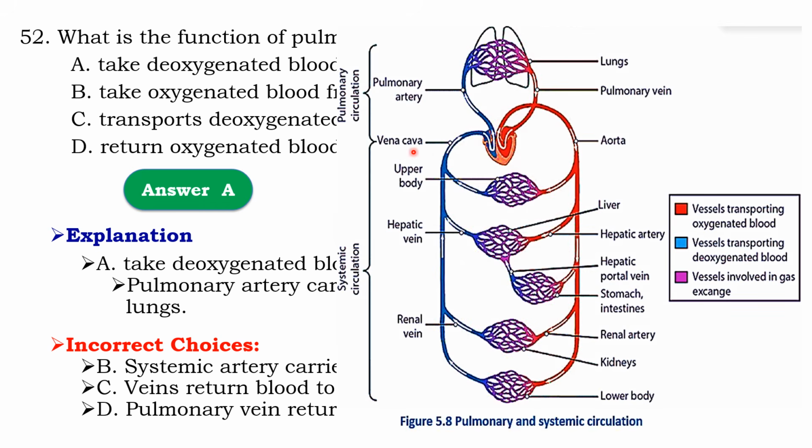So we can look at biology grade 10 about pulmonary and systemic circulation. The pulmonary artery carries deoxygenated blood from the heart to the lung, whereas the pulmonary vein carries oxygenated blood from the lung to the heart. So the answer should be A. Read other